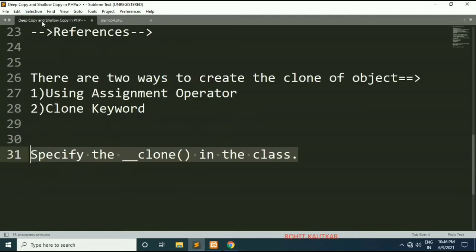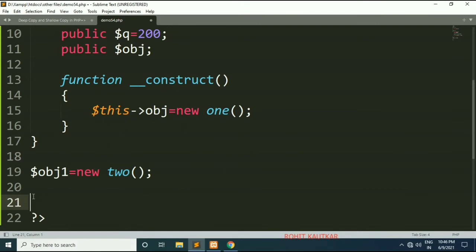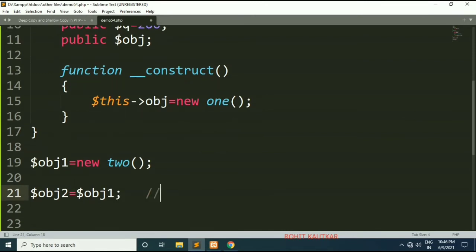I told you there are two methods to create the copy. Using the assignment operator is the first way. So here I will write obj2 is equal to obj1. This is actually the shallow copy.